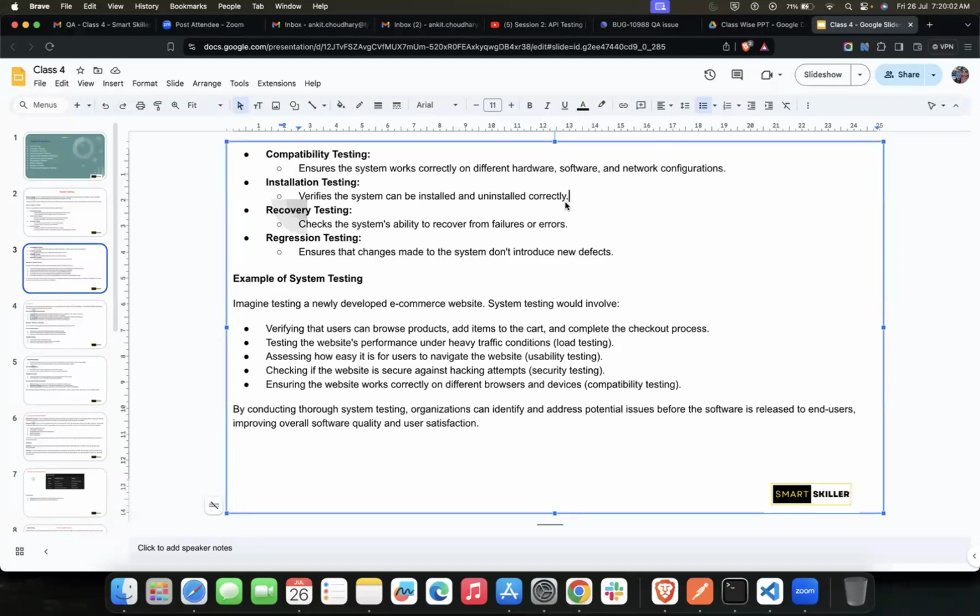Is it banking software, the banking system? You don't have to go to those complicated examples now. A very basic example, anything that you just install and uninstall. Like Chrome in your mobile browser, or Firefox. If you are using Android, Chrome is the default browser, but if you have an iPhone, Safari is the default browser. In that case, you can always install and uninstall Chrome or any mobile application, be it any kind of game as well.